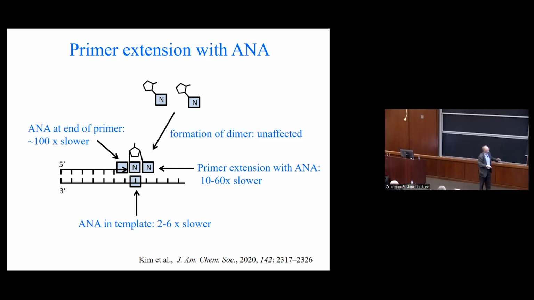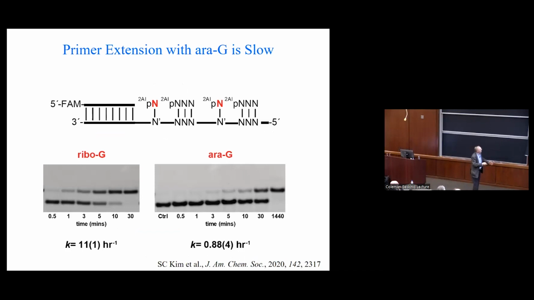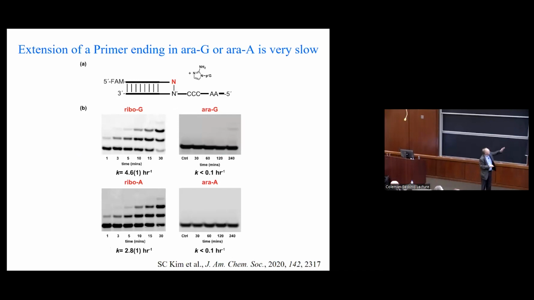All right, so we make all these observations, we measure binding, we measure rates, we want to understand why it is different. This is how we do the kinetics, by running gels and measuring rates. We can put the variant nucleotides in different positions. For example, here, if the arabinonucleotide is at the end of the primer, extending it, nothing happens. If this is a ribonucleotide, you see primer extension. If it's an arabinonucleotide, it's almost dead. So those are the kinds of experiments that we typically do.